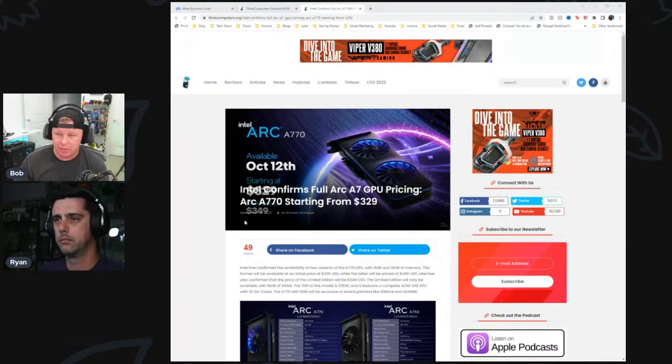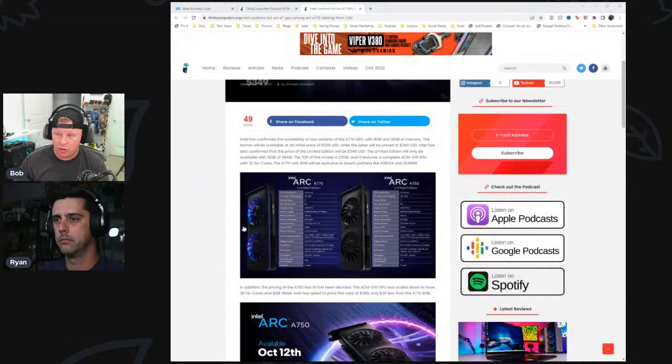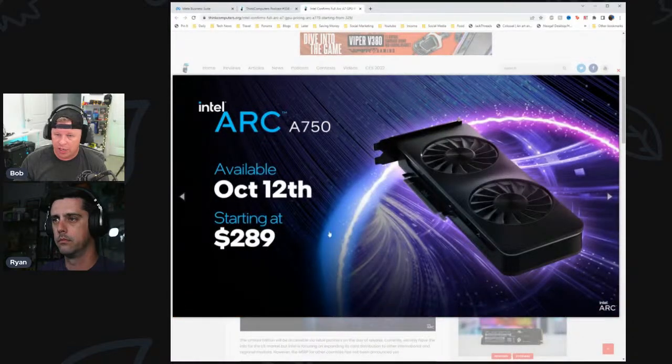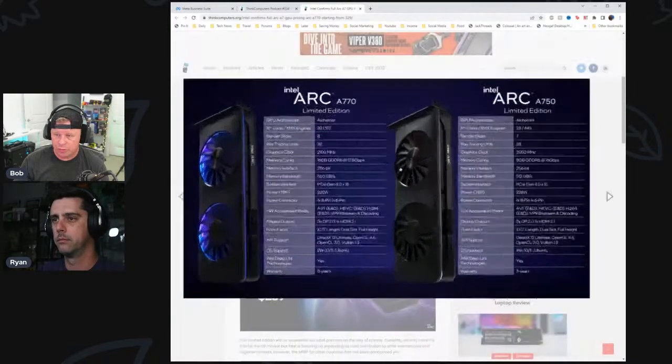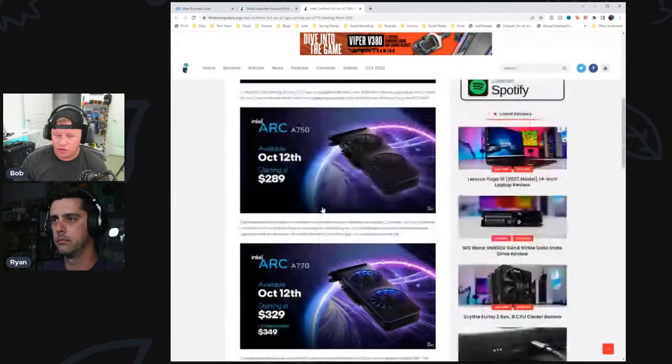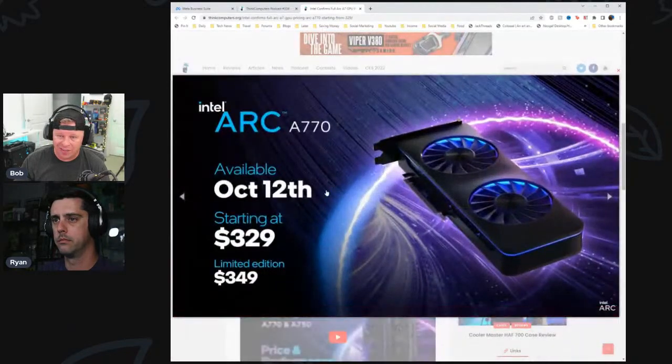But Intel did confirm pricing. So the Arc A750 is going to come with 8 gigabytes of VRAM, and that's going to be just $289. We have the full spec sheet here if you're interested in the speeds, how many ray tracing units, all the clocks. Everything was released last week, so it's all out there. So that's the A750 at $289, and then the Arc A770,